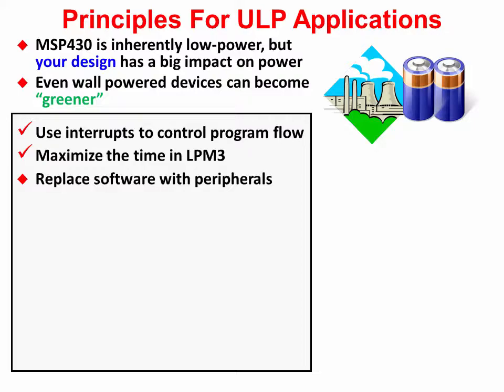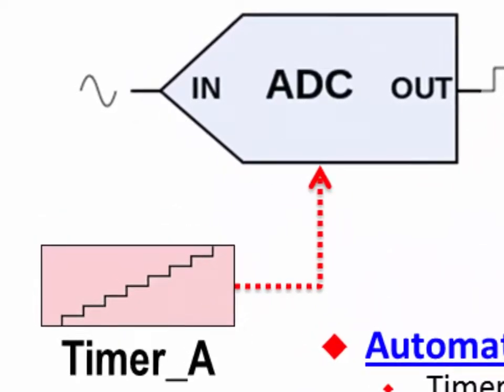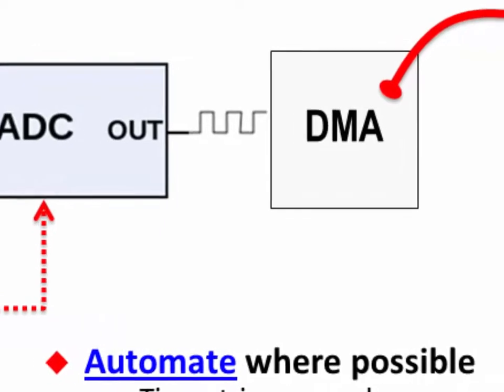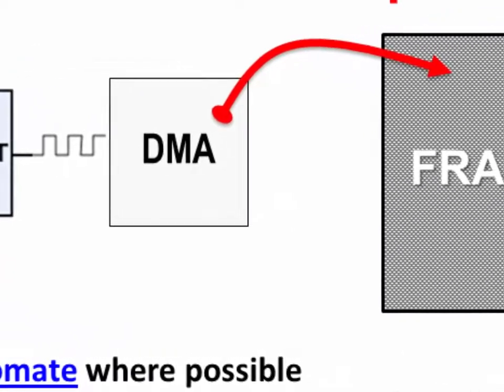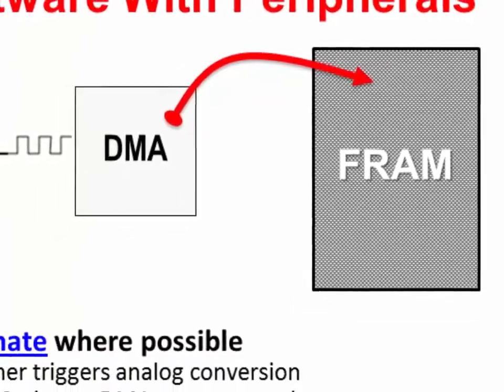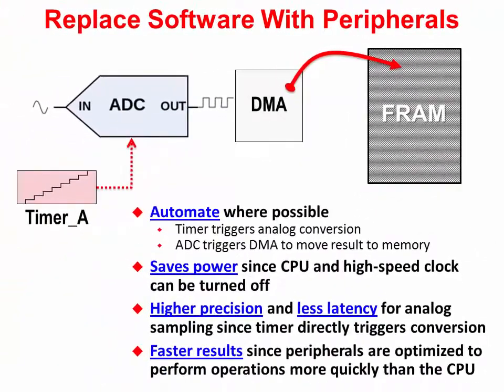To that end, let's use the peripherals wherever we can. For example, try using the timer to tell the A to D converter when to sample the input. Then, once the conversion is complete, let the DMA store the result to memory, only waking the CPU when a block of samples are ready for processing. Unfortunately, not every MSP430 has all of these peripherals that can be chained in this way, but make use of them whenever possible. Not only can this save you power, but direct connections such as these can be more precise